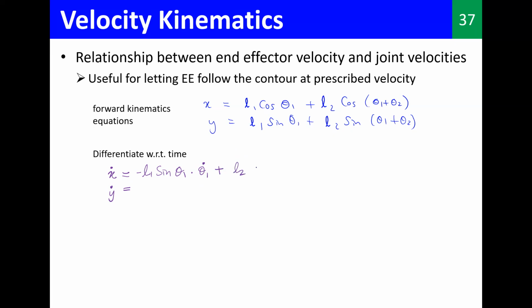L2 cos, again we get minus sine theta 1 plus theta 2. Then again we have to do it with respect to time, so we will have this multiplied by theta 1 dot and theta 2 dot. Right? Again, if you have any questions, please let me know. This is very much one-way teaching, but unfortunately, I don't know any other way to interact with you. So